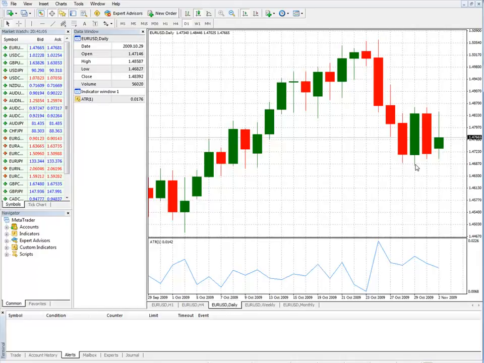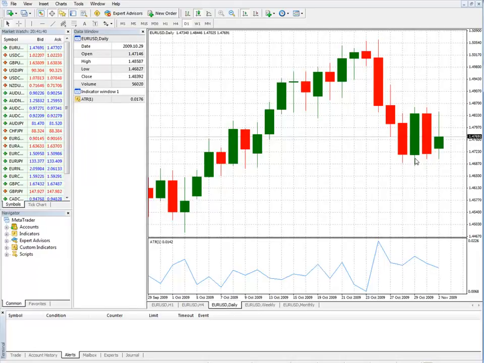Okay? So let's take a look. That's 176 pips, and that is near our risk parameters. We'll buy on a breakout of this bar plus 3 pips, and we'll sell on a breakout of that low